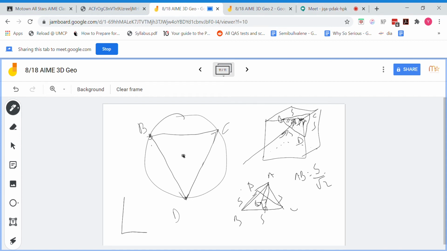And so we have AG, and we'll call this midpoint M. And so we can figure out that AM is going to be S over 2. GM is going to be S root 3 over 6. And so we can figure out AG in terms of S. And so we can calculate that